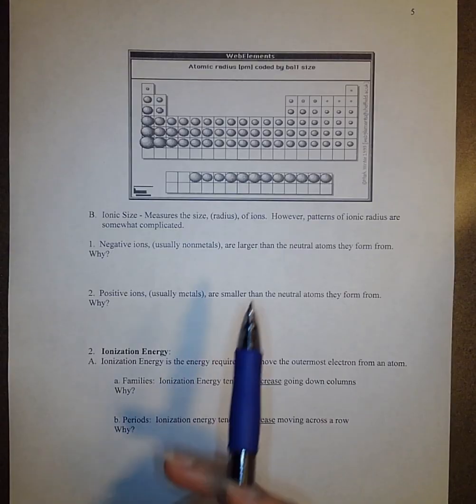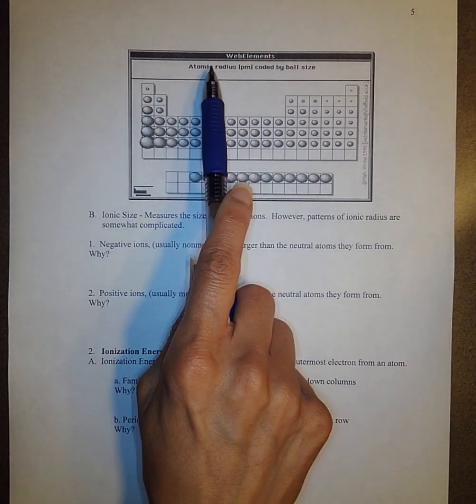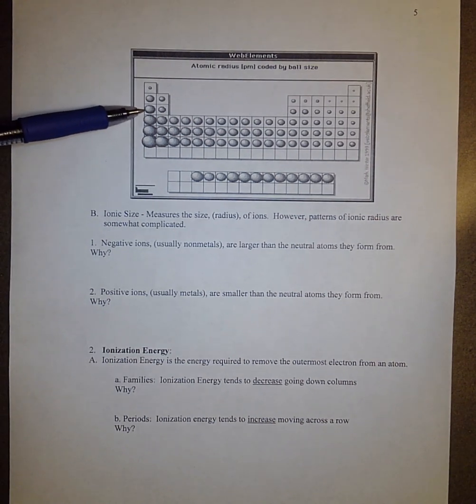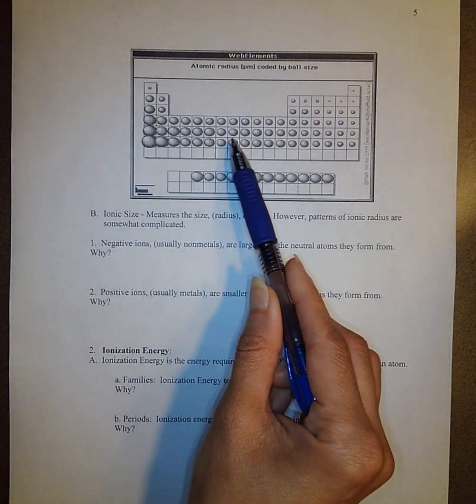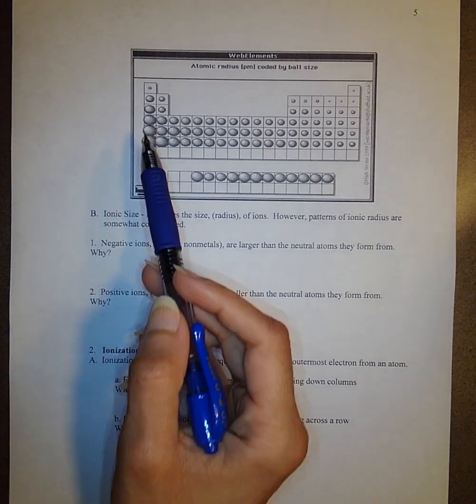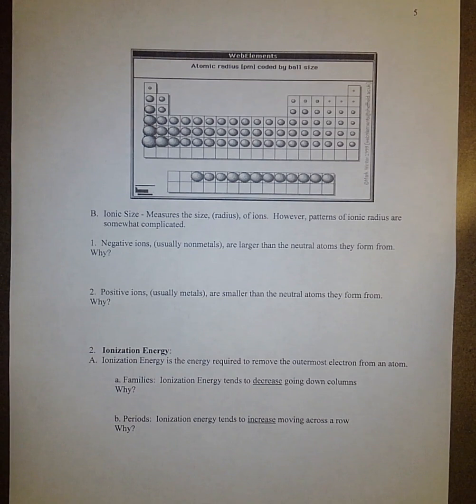Okay, so this illustration actually shows how the atomic radius is influenced on the periodic table. As you move down the group on the periodic table, notice that the radius of the element increases. But as you move across the periods, notice how the atomic radius of the element is now decreasing as you move across. Okay, so moving on,